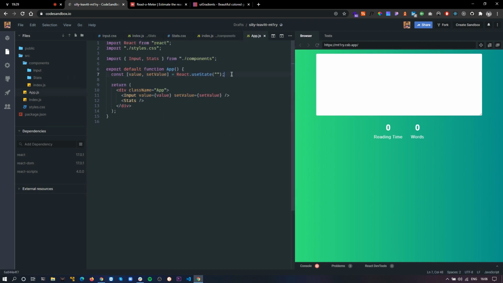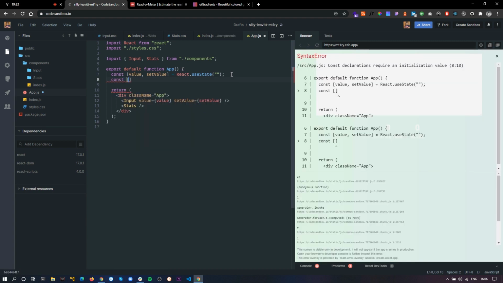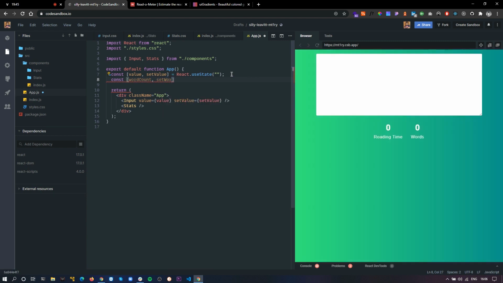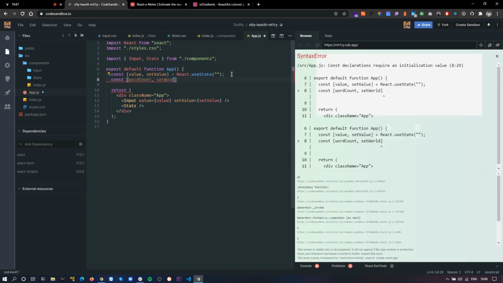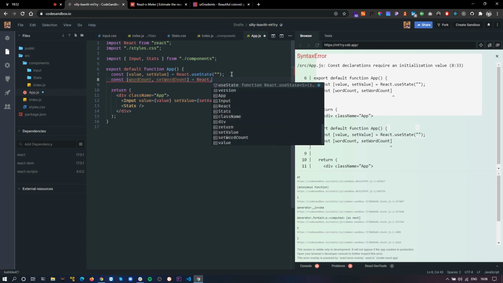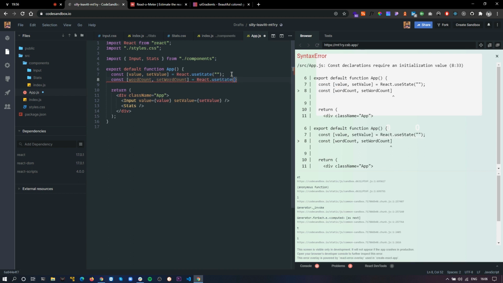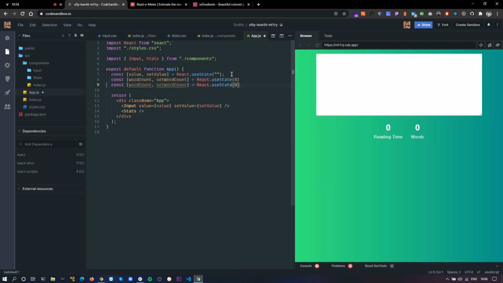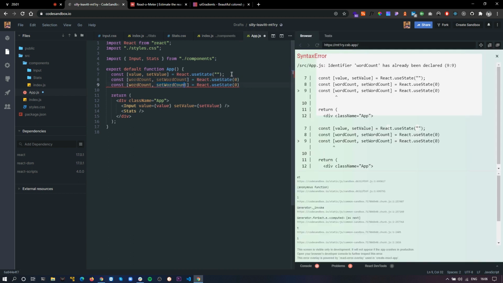I'll make two more states. So one state will be for my word count, I'm gonna name it word count, and this one will be set word count. Initially will be 0, and I'm gonna do same for time.